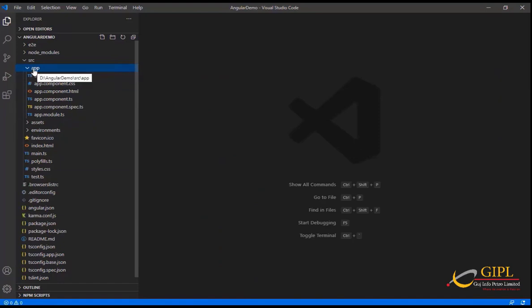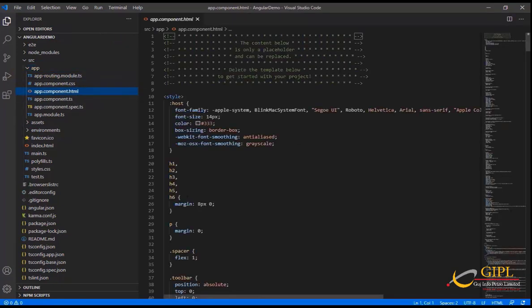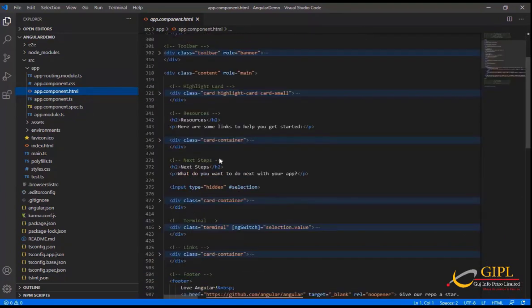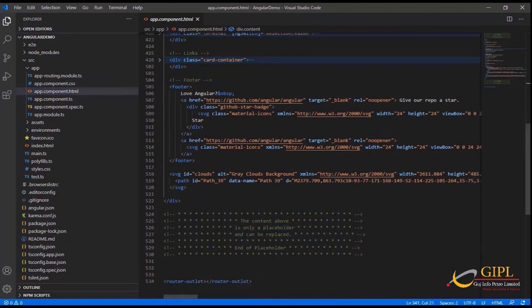The file structure has the app component and it consists of the following files. First one is app.component.html. Components are basically classes that interact with the HTML file of the component, which gets displayed in the browser. app.component.html works as a master page so you can put your fixed header, body and footer.